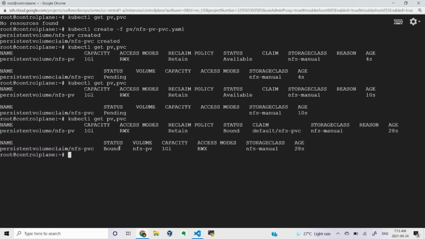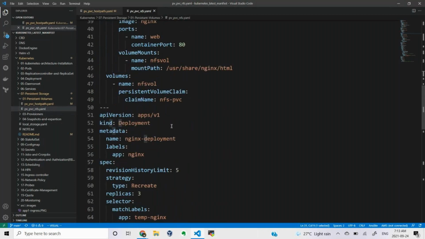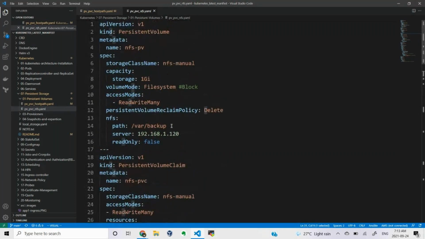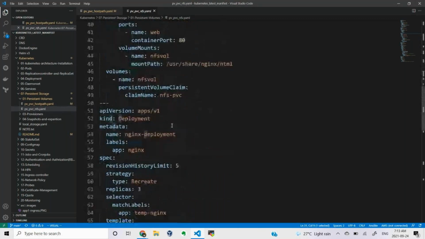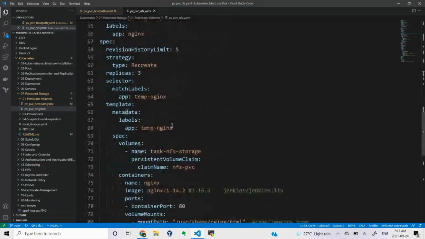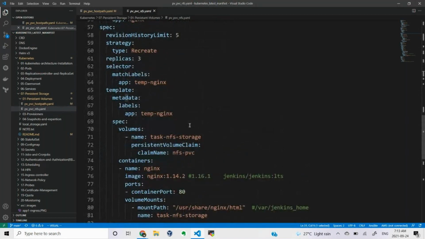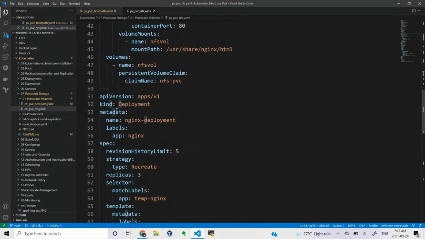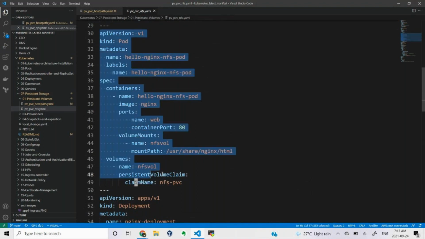So we are happy to go with the application deployment. Okay, so now how to create it? PV and PVC were created successfully and we have done that part without any issue. Now let's try to launch this particular deployment. Either we can use this one or whichever you want. Let's take this example, or we can go with the simple example of a pod. Since I want to show that particular error, the best way is to use this example. I want to intentionally show the error.